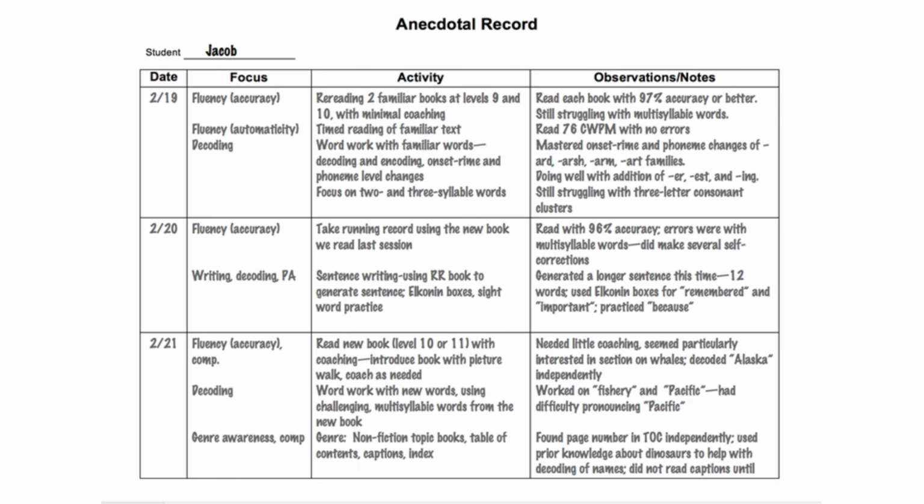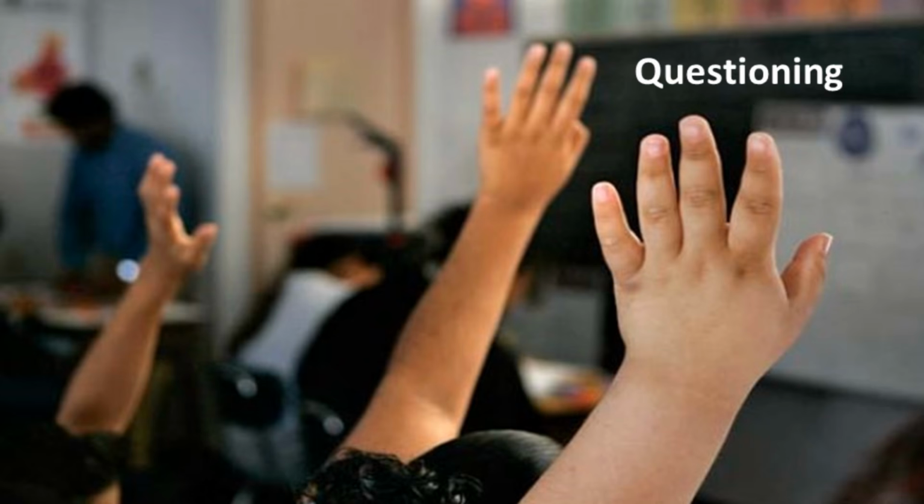A teacher may also elect to keep anecdotal records of a student's performance. This approach involves writing a narrative account of the student's performance for either immediate or subsequent evaluation. The most common method of assessment in most classrooms is questioning from the teacher. Effective teachers ask questions that promote student thinking, and they carefully select questions that will evaluate students' mastery of lesson